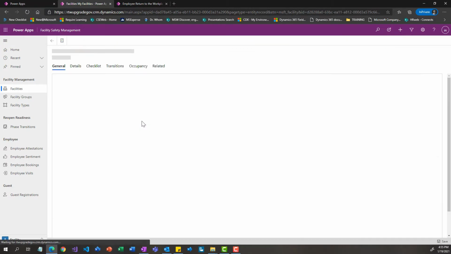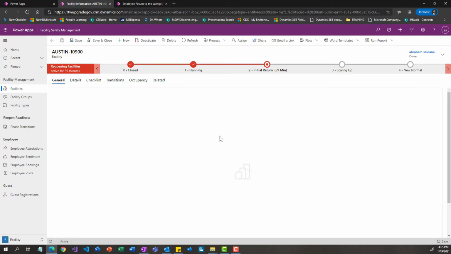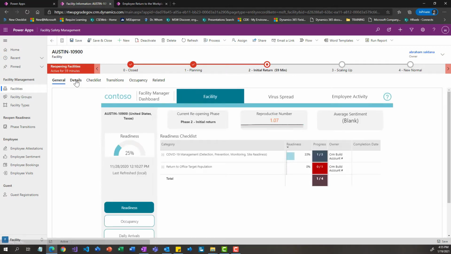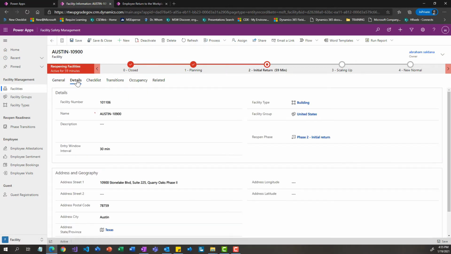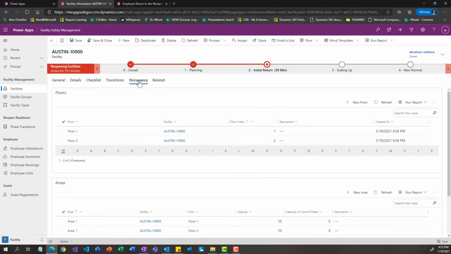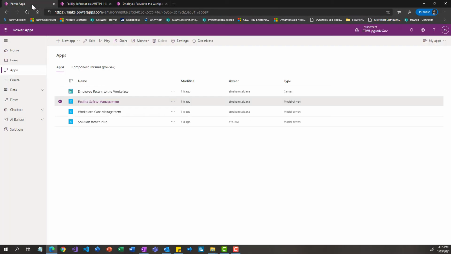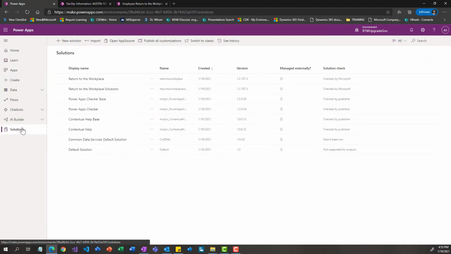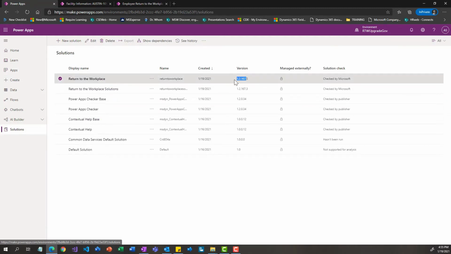Also, this is a validation for the facilities. We can see that the facility is being installed. Here's the dashboard for the facility, the details on the facility, checklist, transitions, and the occupancy. After that, we can validate the solution, and the solution version is 1.2. Here it is. So the next step is getting into downloading the